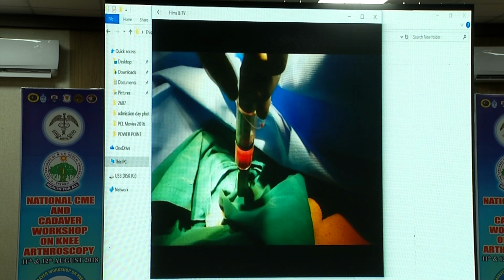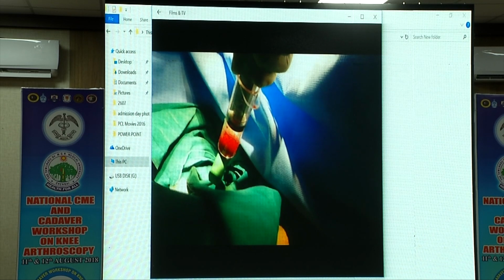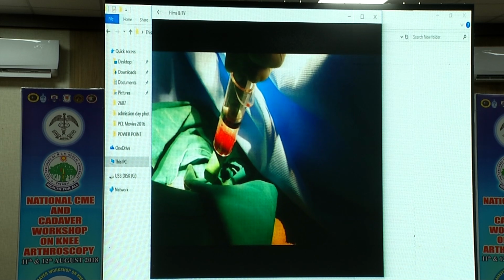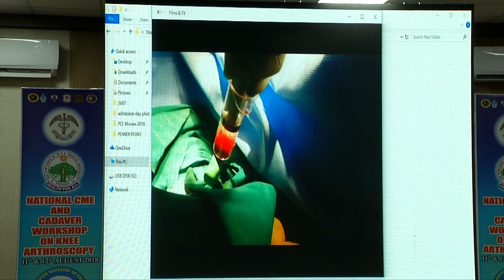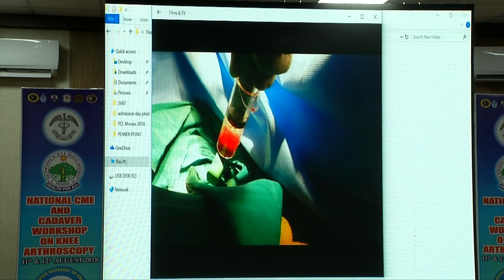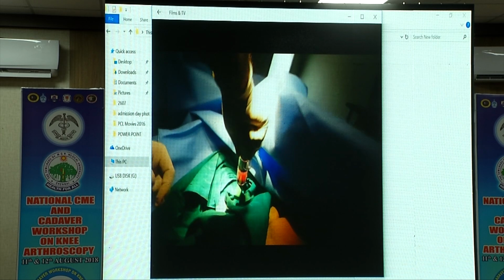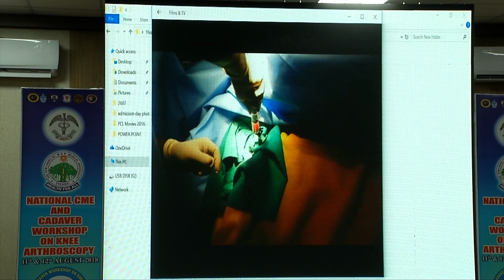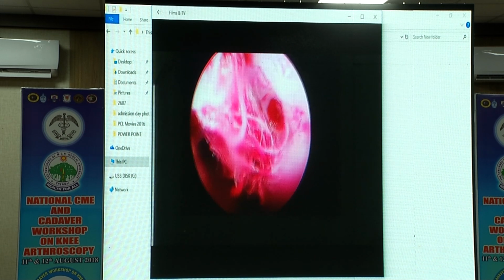The BMAC procedure is done by aspiration from the iliac crest by a percutaneous technique. Sometimes it's easy to get, sometimes you may have to patiently wait for the syringes to get filled. It is also advised to pass 3 to 4 times in a different plane and different depth, so that you get more stem cells. If you keep on pulling the syringe in one area, ultimately you may have only blood, not the bone marrow. So you may have to pass 3 to 4 times.